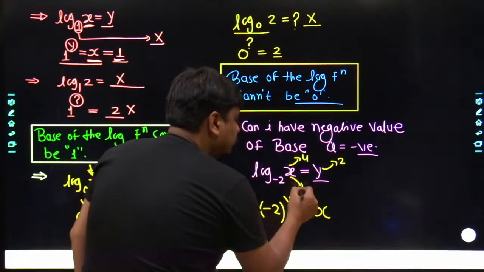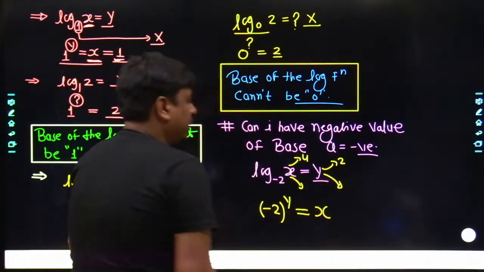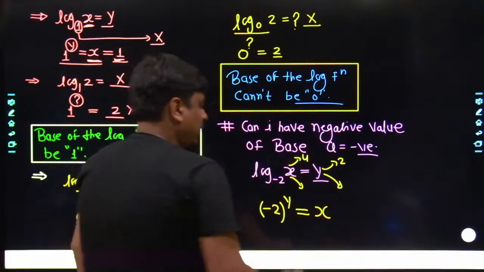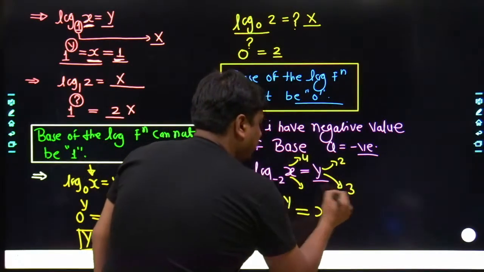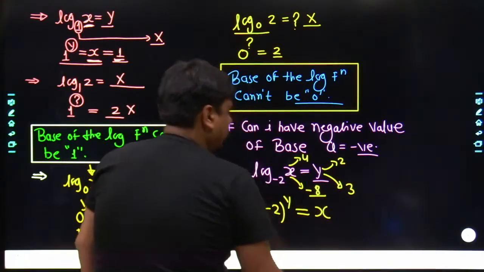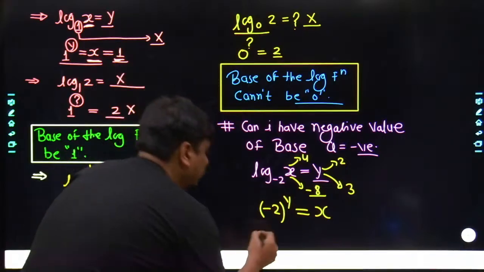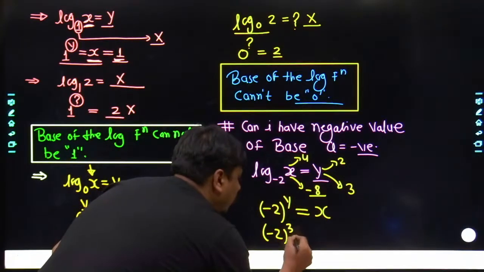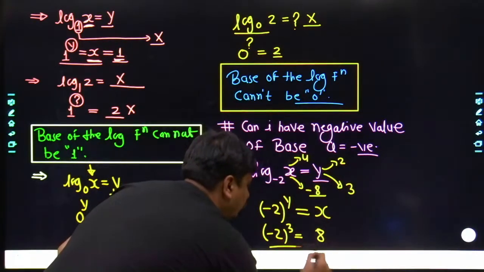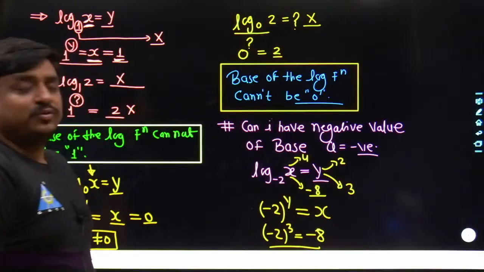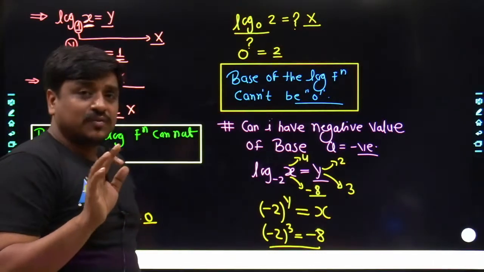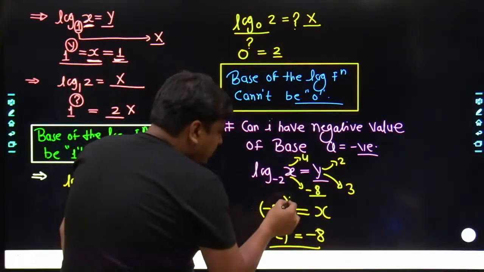Even you can take the next outcome. It could be like 3, and here it could be minus 8, so minus 2 to the power of 3 is equal to 8 with a minus sign. Obviously here also it's perfect, but try to understand what happens if the y